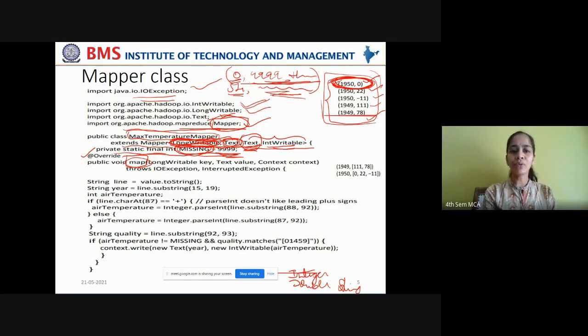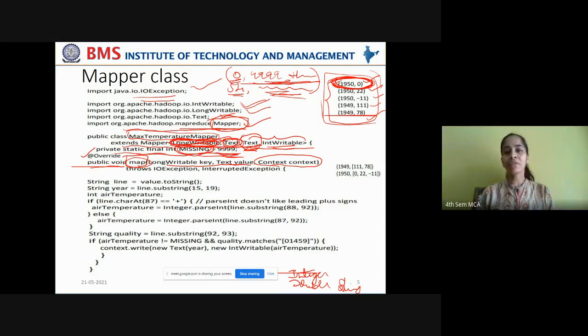And how do you do that? You take the prototype public void map. It expects a LongWritable key. The key value here is the offset of the file, and Text value, that is the record that is captured with lots of numbers. And understand this, this is very important: the Context object is also passed as a parameter.